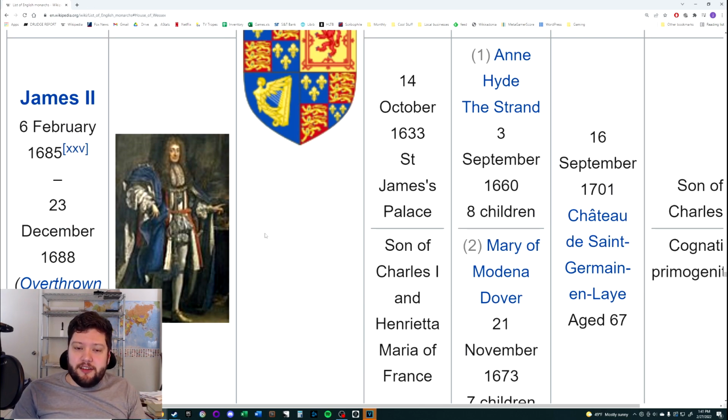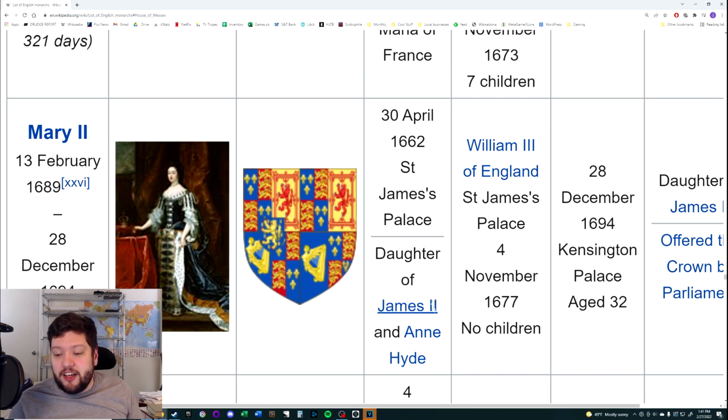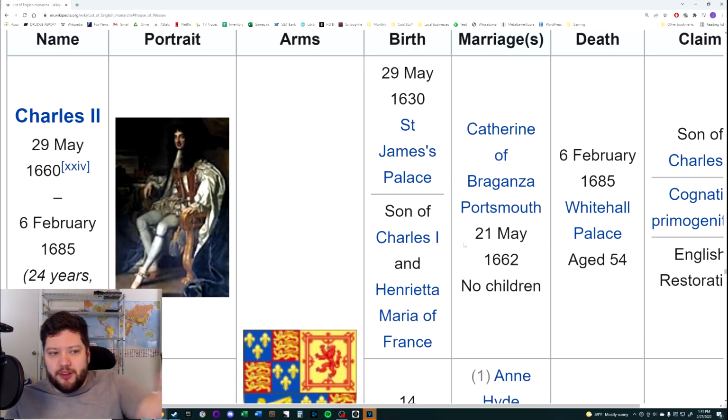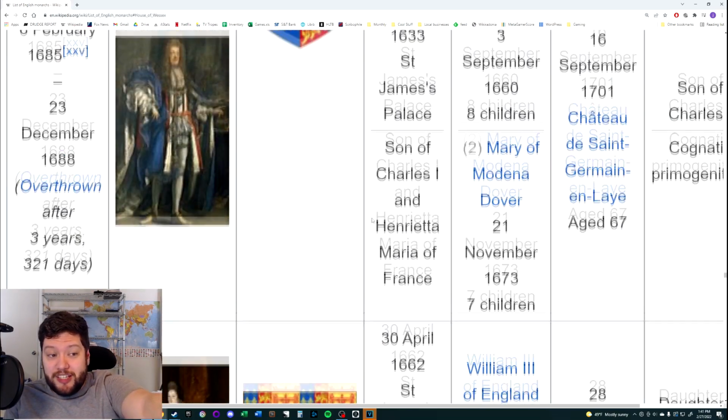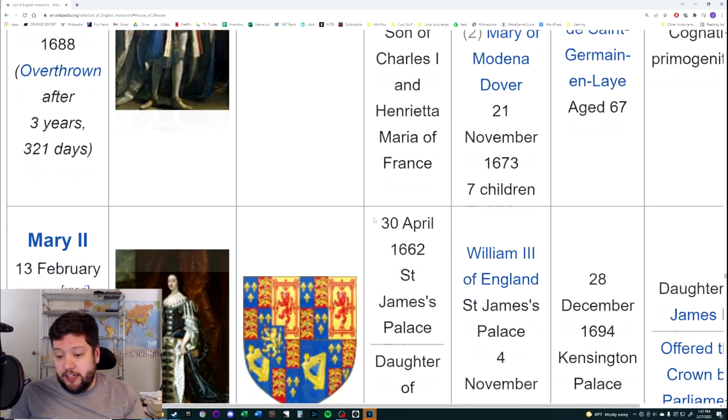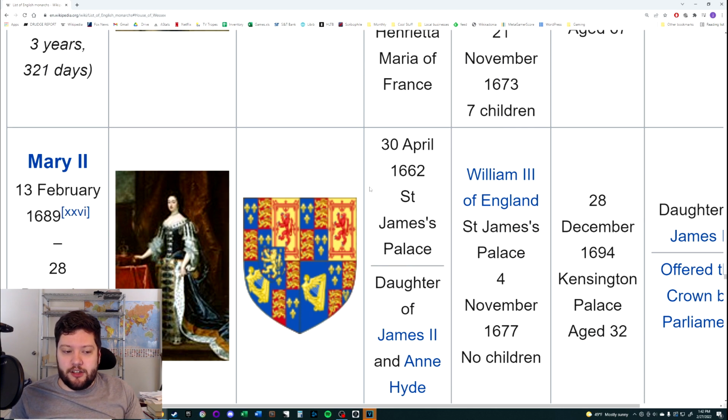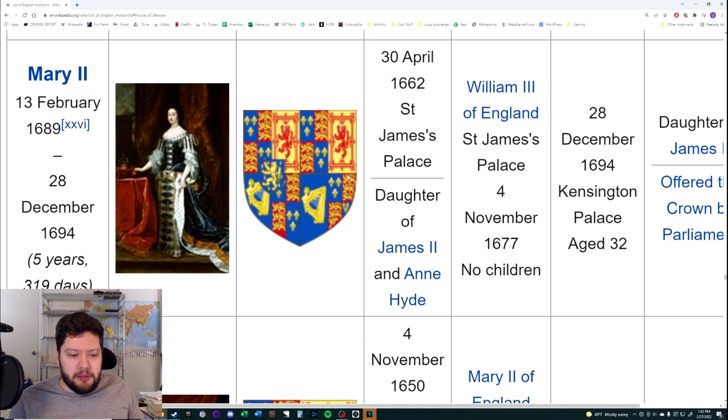The Glorious Revolution, they invite Mary, the daughter of James II. So his daughter, they invite her. She was married to a Dutch guy. The Dutch were a superpower at this point in time. William. He was William of Orange, because the oranges were... Anyway, we're not talking about Dutch politics. We're talking about British royalty. So she was married to William, and William and Mary came with William's army, and James II said, you know what, I'll just abdicate. And so they said, okay, great. Mary II, William became William III,